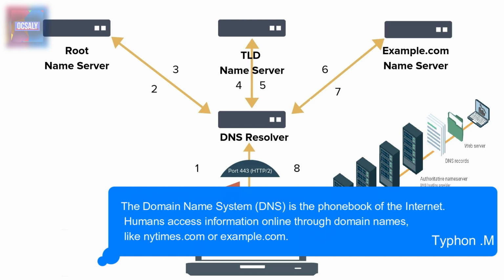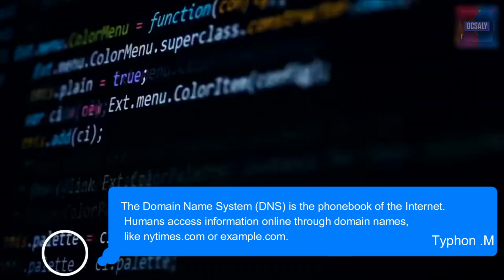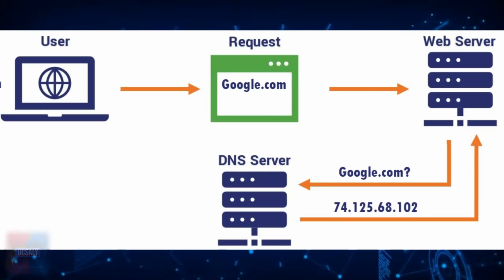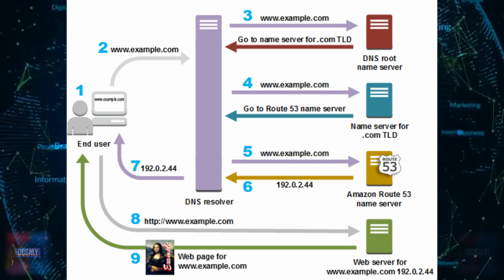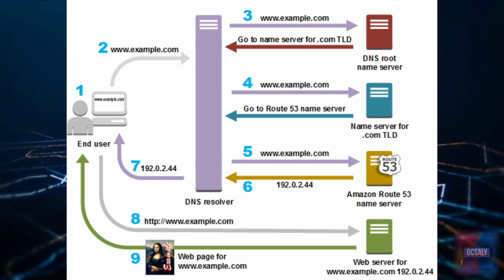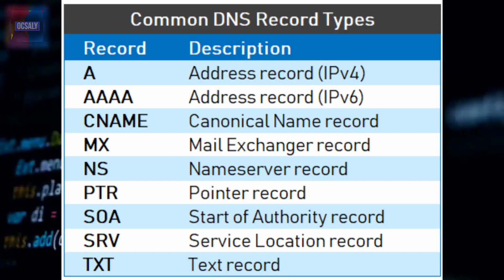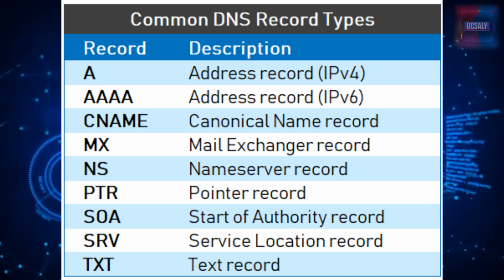For example, demo.sample.com is translated to an IP address in a format like 120.x.x.245. So DNS entries include a host name, NS, name server, CNAME, canonical name, MX, mail exchange,